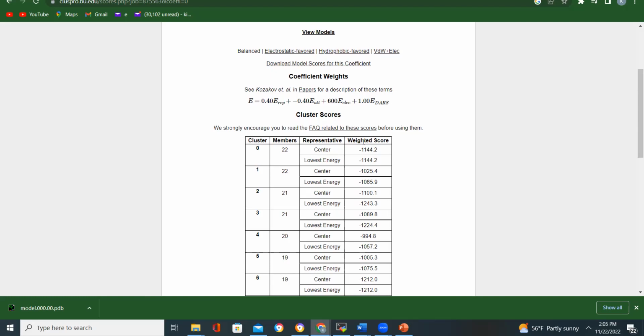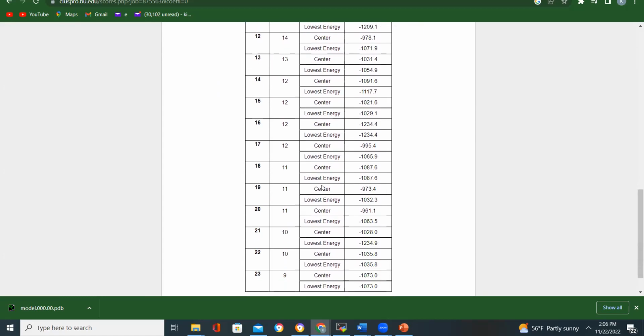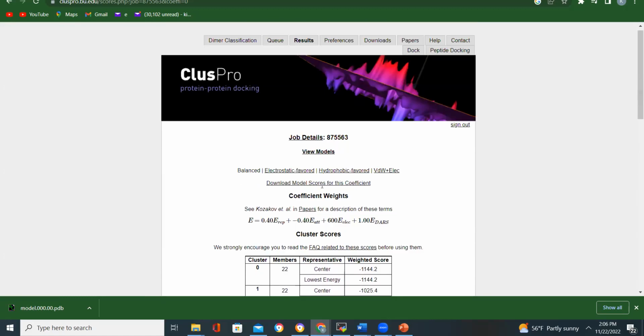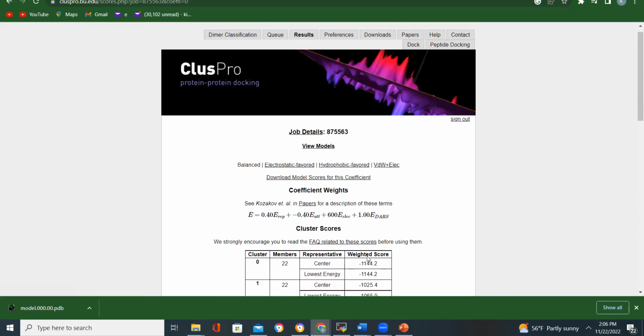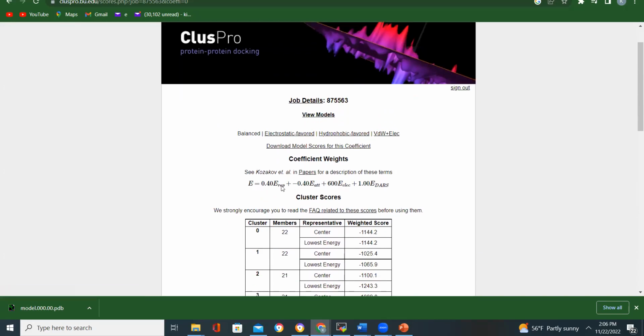This is the weighted score. And as you know, for molecular docking, the more negative the value, the better the docking and conformation that we have. So on this, cluster 0 has minus 1144.2 at the center and the lowest energy. You can see, it depends on which conformation you want to choose. You understand? And this is the formula for calculating